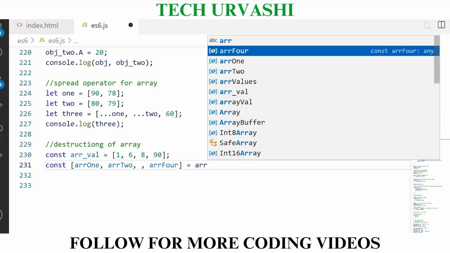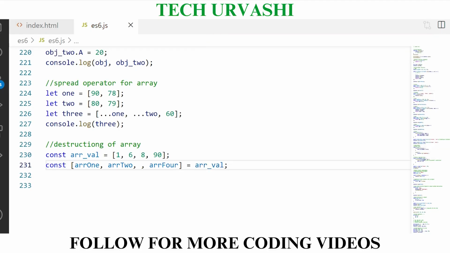array value. So now if you guys clearly see the difference between destructuring of array and object is, in object we use curly braces and here we use the square brackets. Second difference is, there we had the property name, here we don't have, so we have to explicitly create one. So 1 is going to be assigned to array 1, 6 will be assigned to array 2. Now if you are skipping any space, that value will be skipped here as well, and then array 4 will have 90 value.